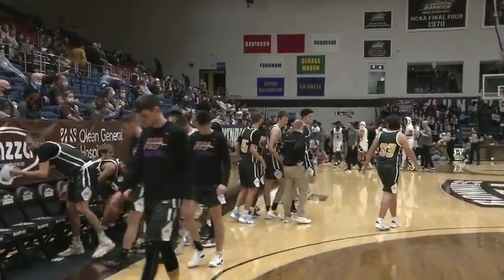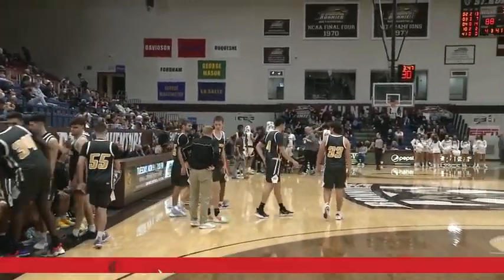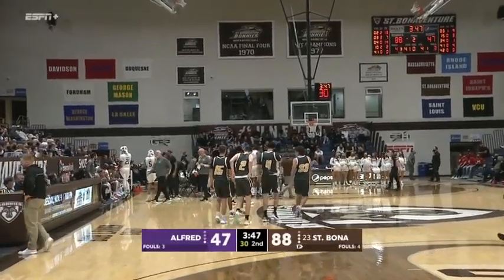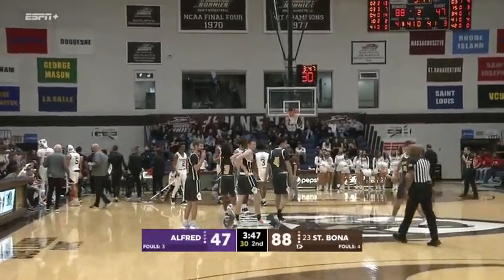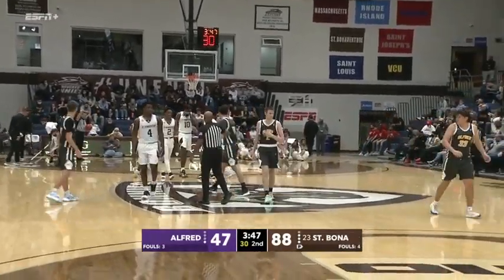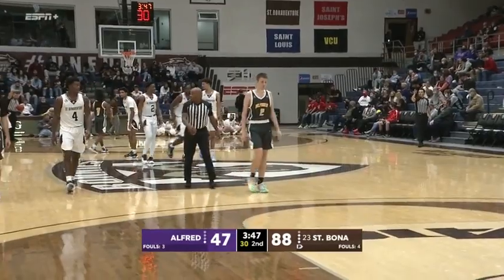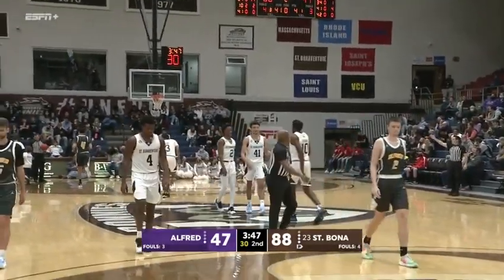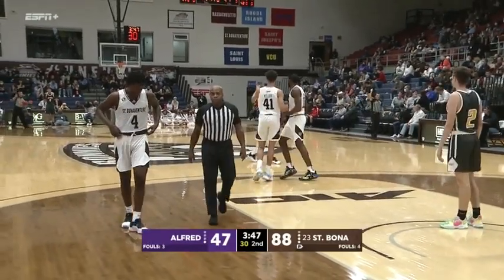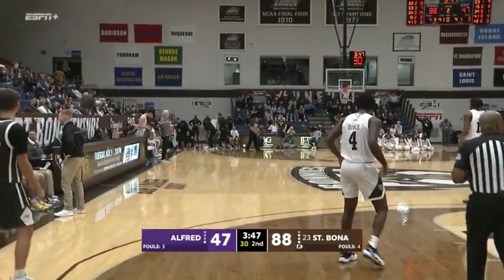Bonnies are up big with 3:47 remaining in the contest. 88-47 our score. And Linton Brown continues to be the leading scorer for the Bonnies, followed by Quadri Adams. Oshun with 12, he's done for the night. Dominic Welsh with 10, he's done for the night. Holmes with 11, done. Abdul Kareem Koulibaly still out there, he's got 11 points. And Mike Schmidt